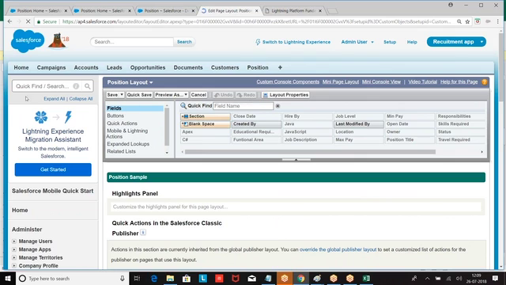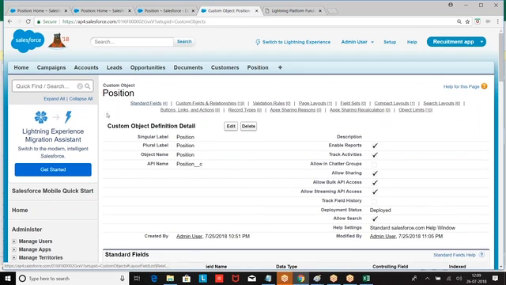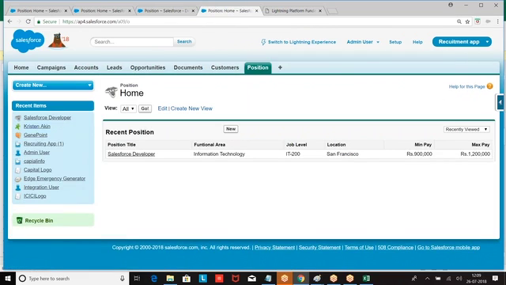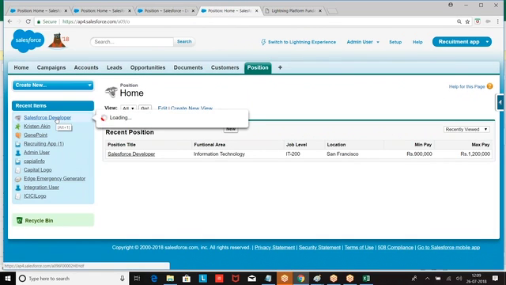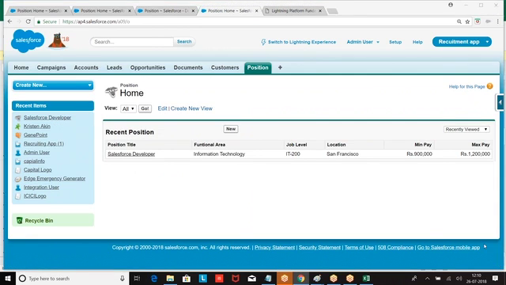Right. So let me show you this example. Mini page layout and wind up. Now you are supposed to complete the exercises. What is given for your understanding. Now go to the position. Keep a cursor. Now we had functional area, job level, min pay, max pay. I hope you are good with this. Clear? Fine, boss. That's all from my end. We'll continue tomorrow. So tomorrow I'm going to start with